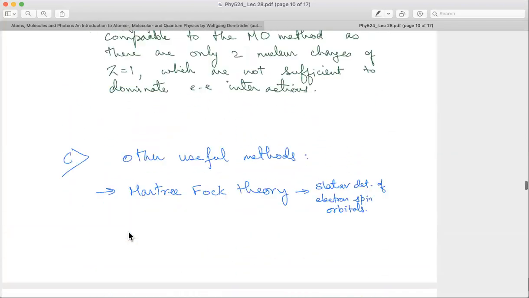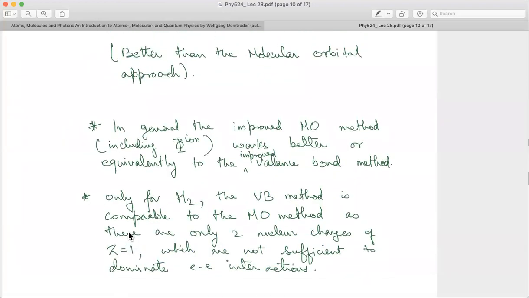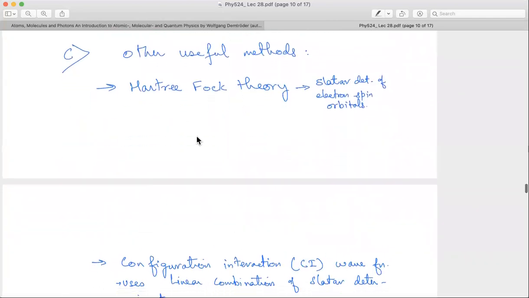Okay. So these are the crudest approximations that I will teach in a class. But if you want to improve upon them, then there are other approximations. So you can start from Hartree-Fock theory. You have single electron orbitals focused on A nucleus, single electron orbitals focused on B nucleus, etc. So you can use this to start constructing the Slater determinant wave functions. And these Slater determinant wave functions can be used in a Hartree-Fock theory sense to get the ground state energies. So it works pretty well.